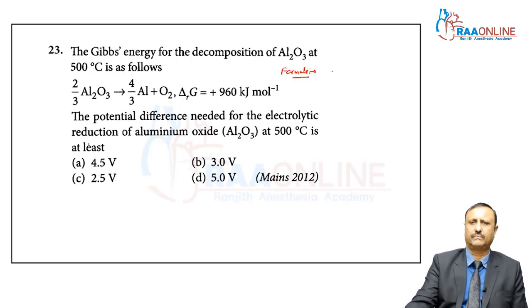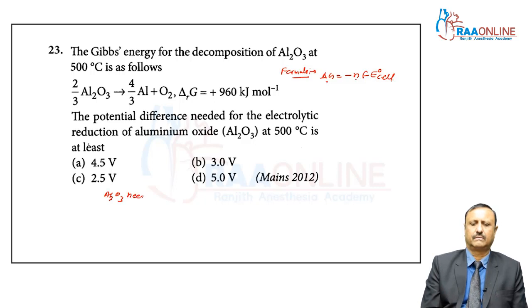You can use the formula delta G equals minus nFE cell. Here delta G is given, but n is not given, and you can calculate n from this reaction. How? You can see here 1 mole of Al2O3